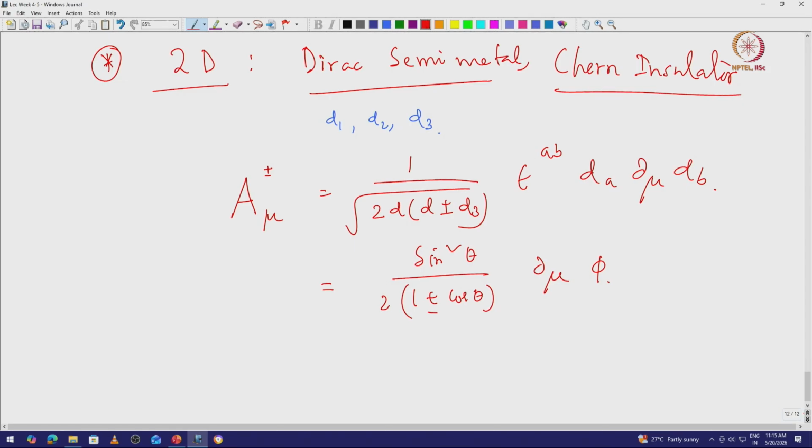And as we said, the difference between them, these things cancel, so we will be left with 1 by d1 square plus d2 square AB dA mu dB,